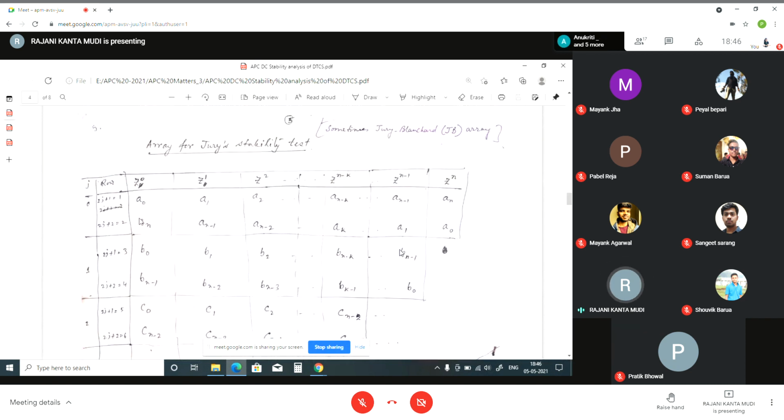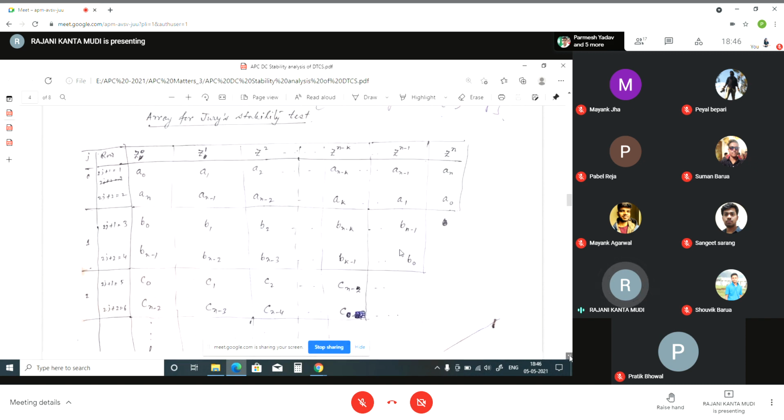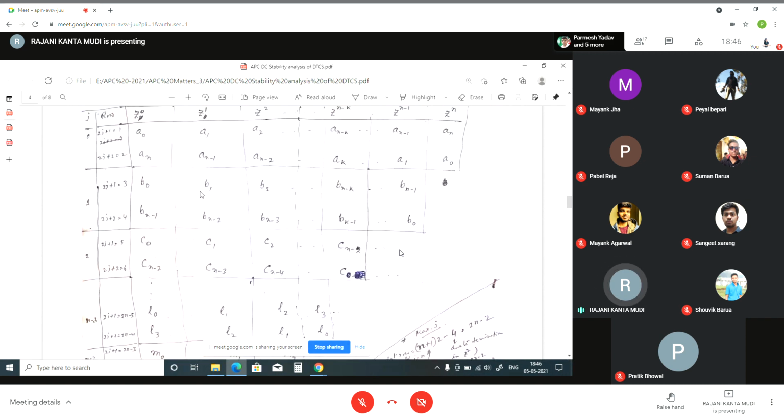Again, you will add the array one by one to the Jury's table. First, two rows can be formed from the characteristic equation. Then you calculate and form the third row. Suppose b0, b1 like this, if we find